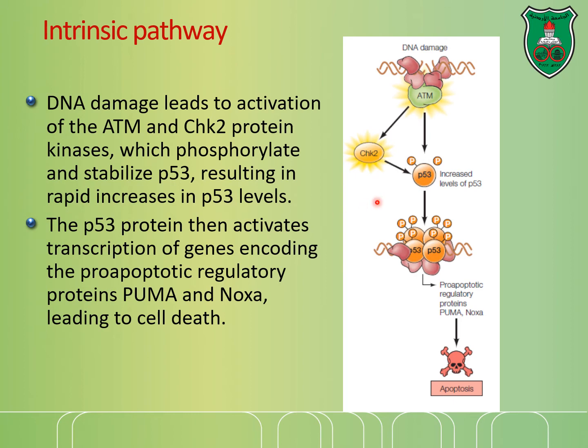So when p53 is activated by phosphorylation, it can then bind to DNA and it can induce the transcription and synthesis of pro-apoptotic regulatory proteins, regardless of what their names are, PUMA and NOXA. And these would then work upstream of other proteins like BAK and BAX to form oligomers, release cytochrome C, and so on.